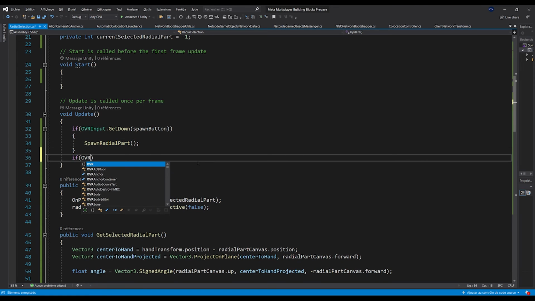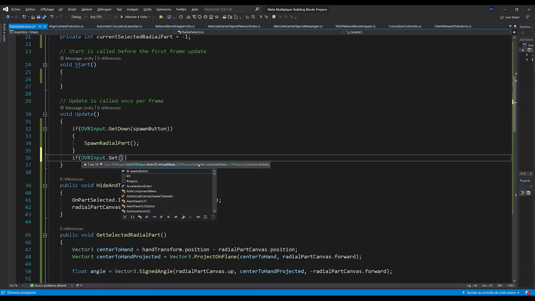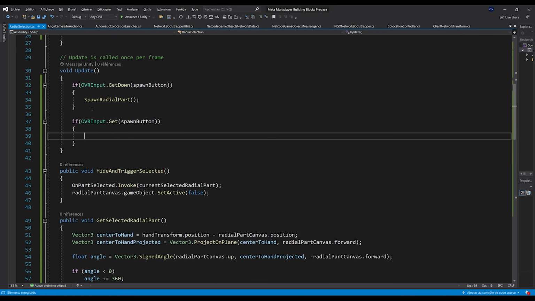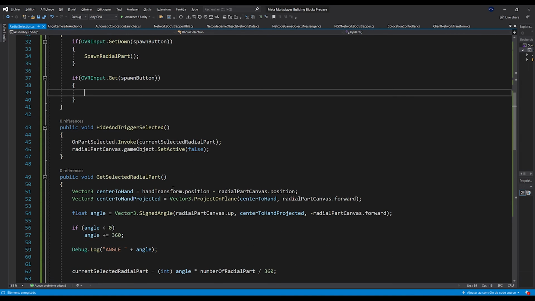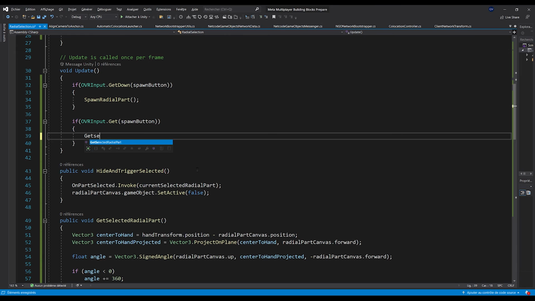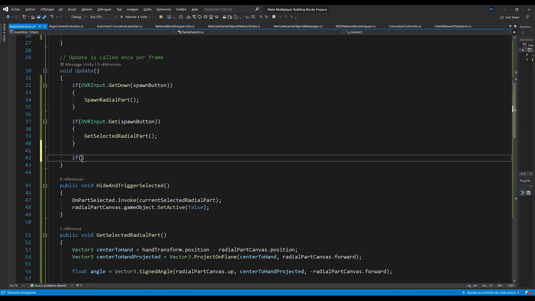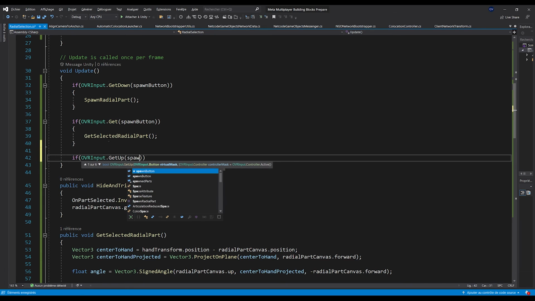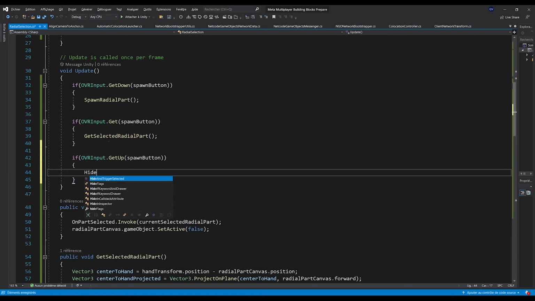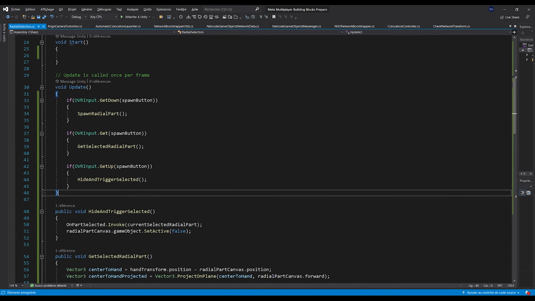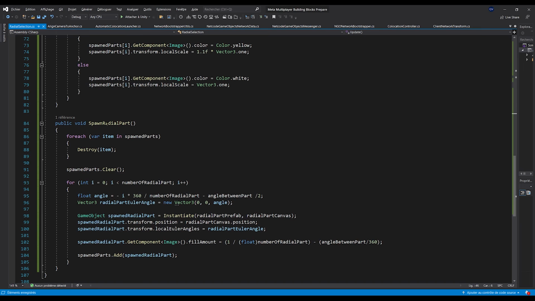Now, if the OVRInput button is down currently, so if during this frame the button is pressed or not, what we want is get the selected radial part. But if the button is up, so GetUp, in this case, what we want is to hide and trigger the selected. Oh, and by the way, before this, what we want is actually, when we spawn the radial part,